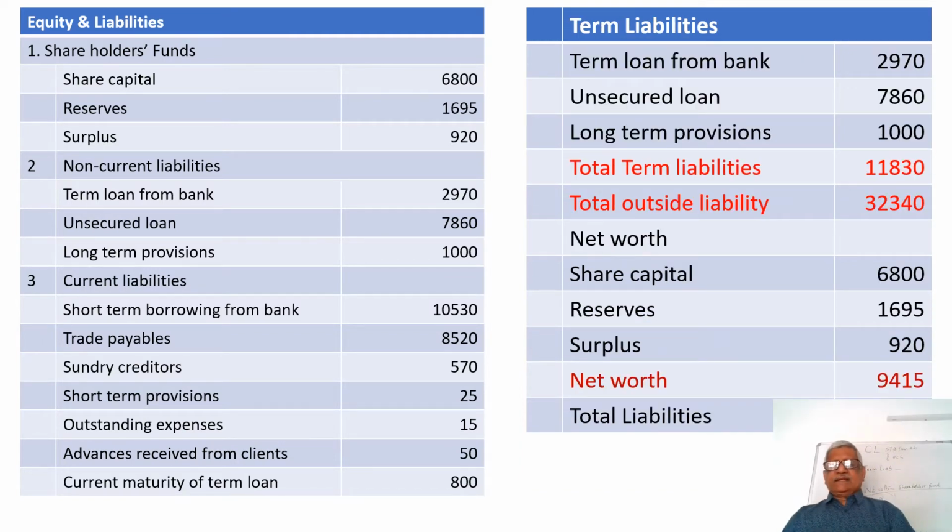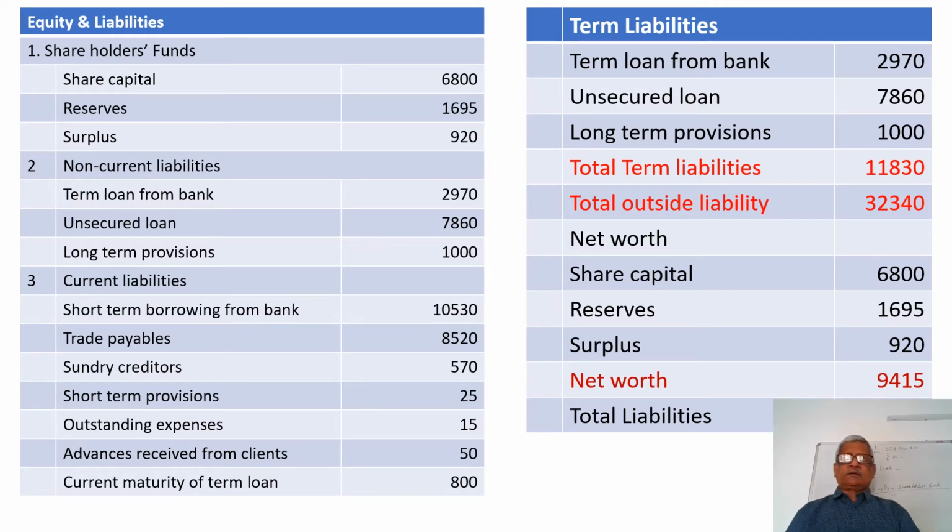When you come to the term liabilities, you look here, non-current liabilities, it is labeled, but in our analysis you will classify that as a term liability. Term means anything payable after a period of 12 months. For example, term loan from bank, that is excluding the amount payable in the next 12 months, that comes. Unsecured loans, the bank has to satisfy that the unsecured loans will be retained in the business and will not be repaid in the next 12 months. After ensuring that they are retained in the business beyond a period of 12 months, classify them as term liability.